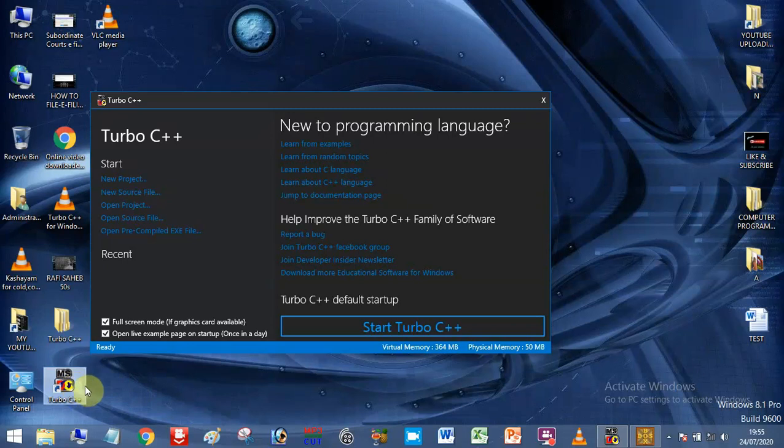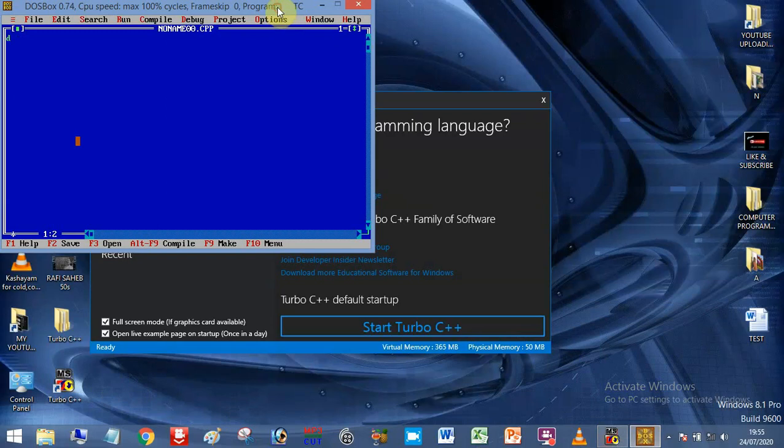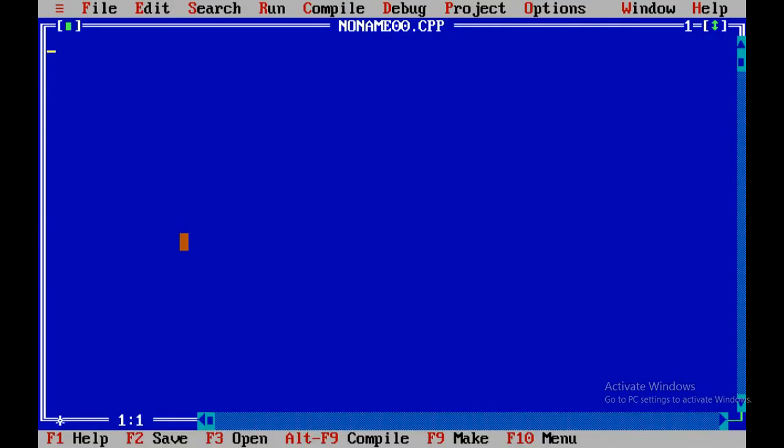I'm going to open this C++ editor. Here I have already opened it. Just let me enlarge this. It is an editor of C++ programming. Here you can write C++ code.